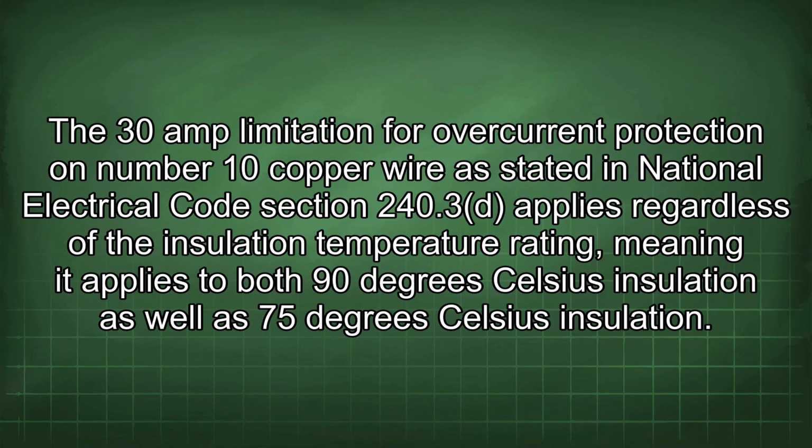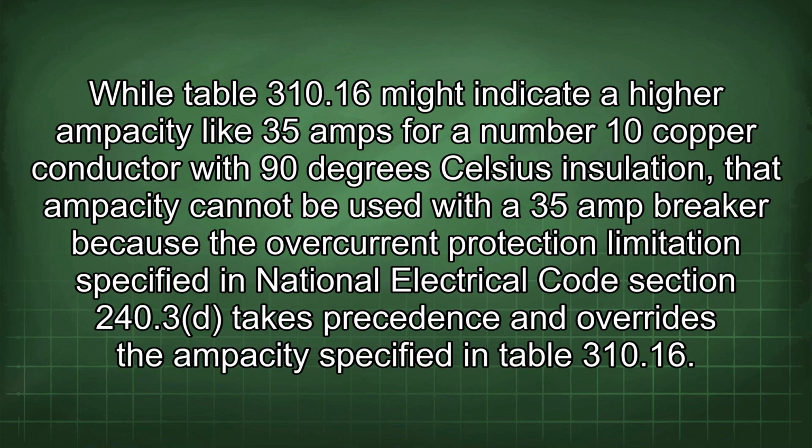The 30 amp limitation for overcurrent protection on number 10 copper wire, as stated in National Electrical Code section 240.3, applies regardless of the insulation temperature rating, meaning it applies to both 90 degrees Celsius insulation as well as 75 degrees Celsius insulation. While Table 310.16 might indicate a higher ampacity like 35 amps for a number 10 copper conductor